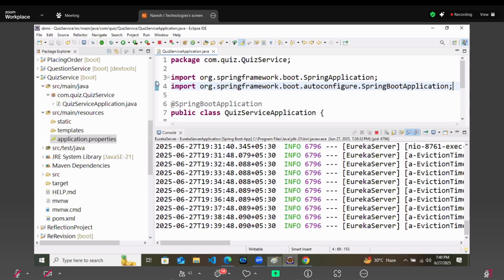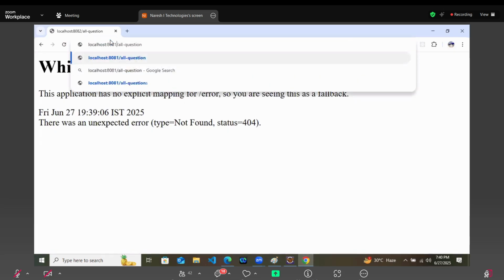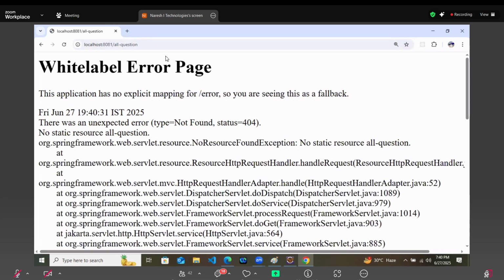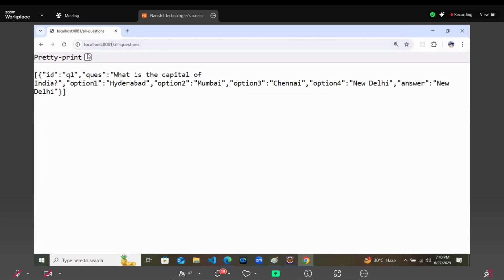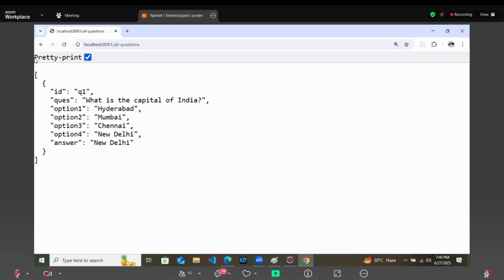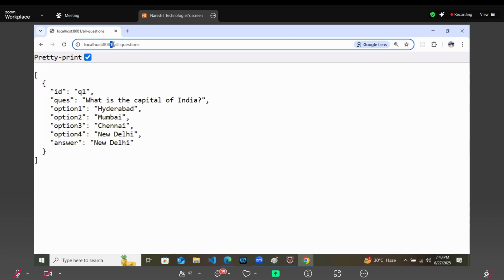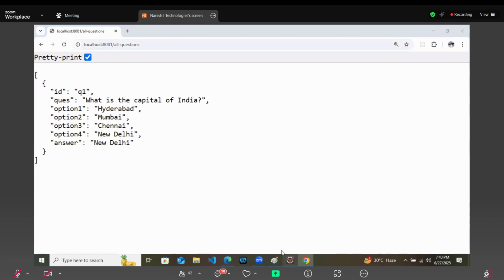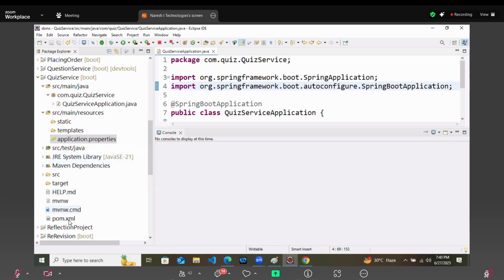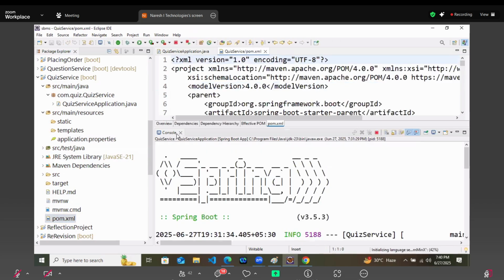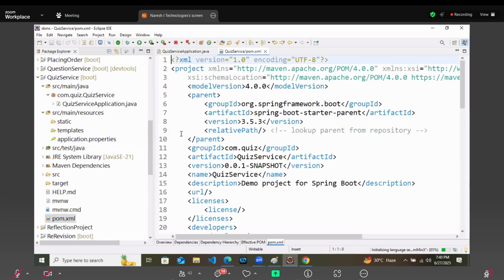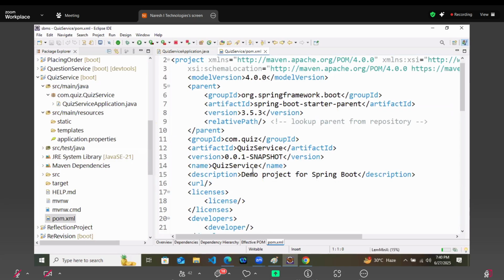So we will go to our quiz service. Now the quiz service wants to talk; the question service doesn't want to talk. It is saying that I am giving data on this link, all questions on this link, and I don't need to communicate. But the quiz service on 8082 is saying that yes, I need to talk with another microservice. So in the quiz service project, we have to add the dependency. This is your quiz service.